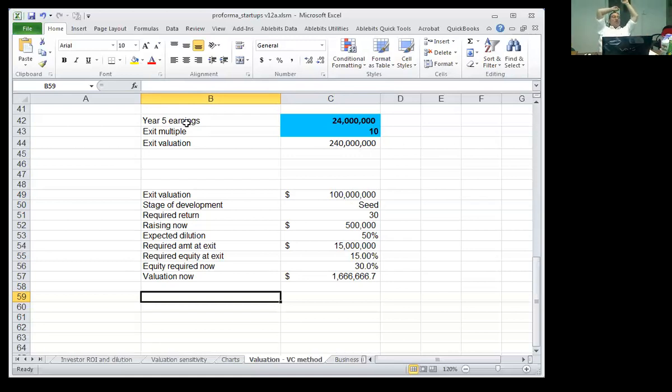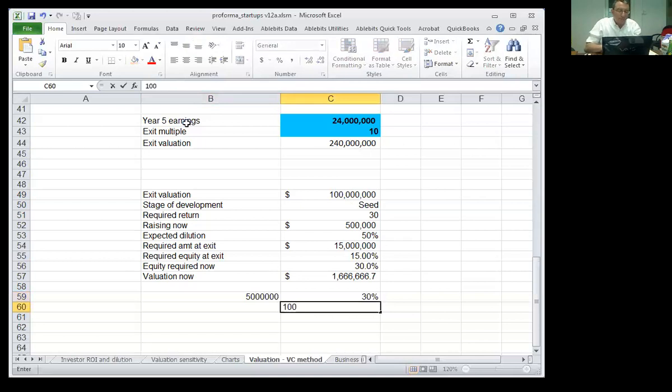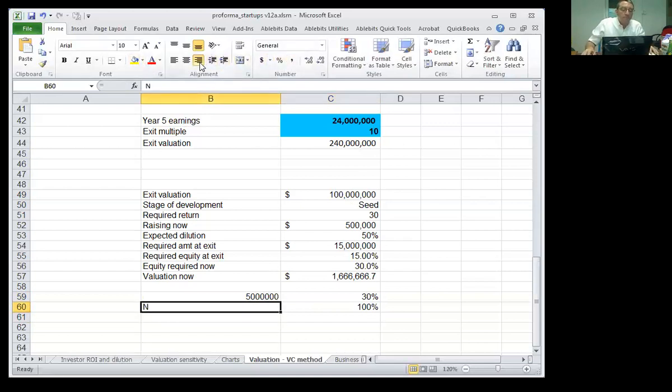Okay. So you can think of it this way, right? If 500,000 is 30%, then 100% is what? That's 5 million. Okay, so